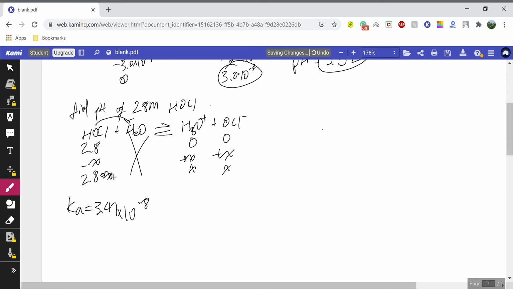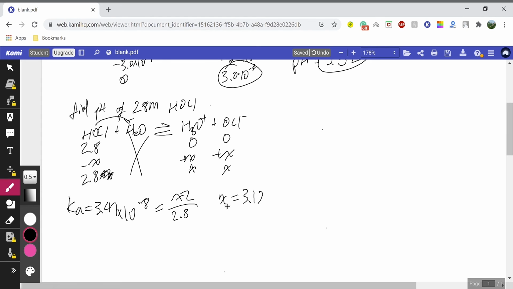It makes no change at all. So we can cross out the minus X, and this will mean X squared divided by 2.8. Again, when the X is extremely small, you can cross out the plus or minus X's. Sorry, the minus X is gone on the bottom. You can do 3.47 e to the negative 8th times 2.8, and take the square root of that to get you X